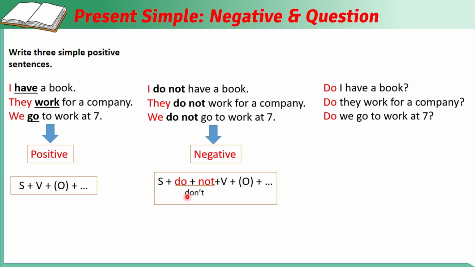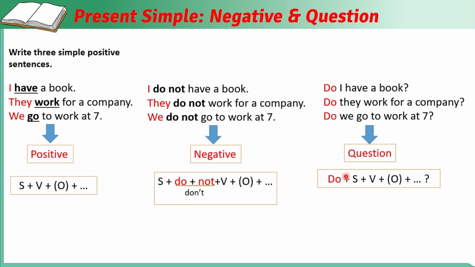Do not we can write short as don't. Now let's check the question altogether. Question, the form of the question, do plus subject plus verb plus object and plus question mark. Okay, so it's different from each other. You can see the question we place do at the beginning of the sentence. Okay, so subject here we